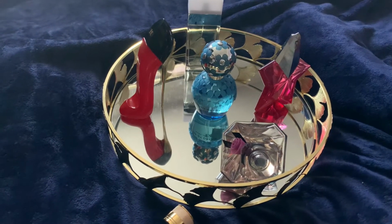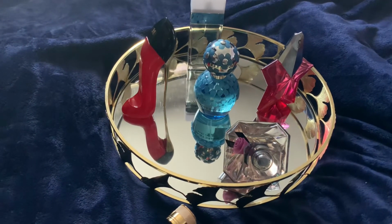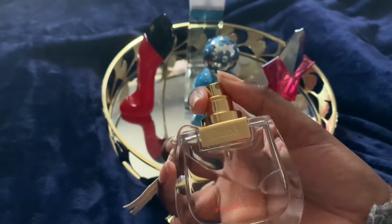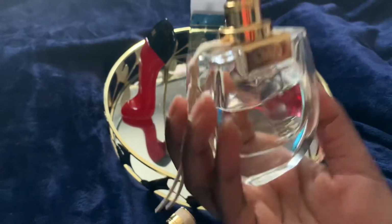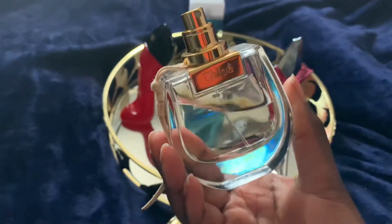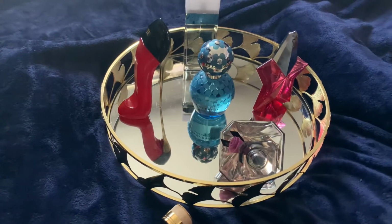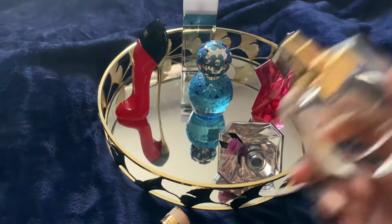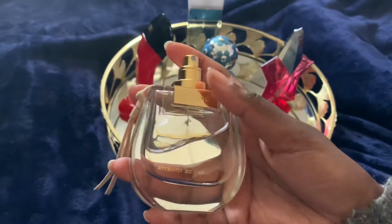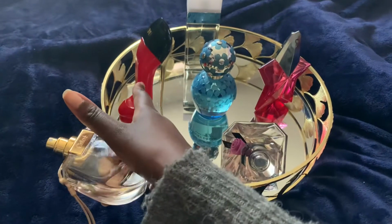So what you get is almost like lychee and oak moss together. Like they're both the dominant scents in this one. No, sorry. The lychee is sweeter. It is sweeter. It's quite sweet, like